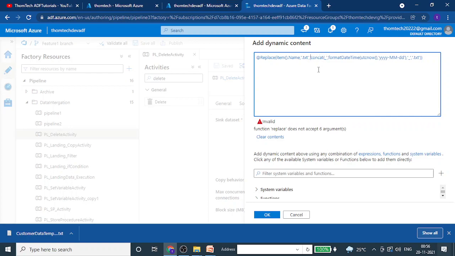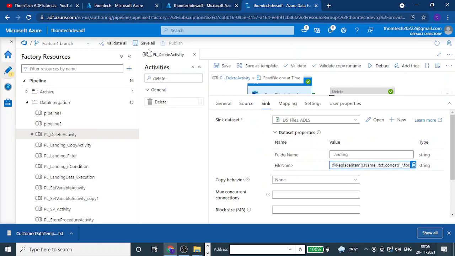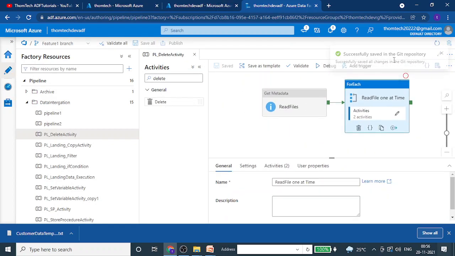Okay, and remove this, put single quotes over here. Now what will happen: in the concatenate, the first one will be underscore, the second one is going to be the date, the third one is going to be your underscore again, and the fourth one is going to be your .txt, the last extension. Then I am going to close my concatenate function, and then ultimately close my replace function. Click OK, save it. Scroll it down, go back, close this and debug. Click on debug. Let's see what happens.